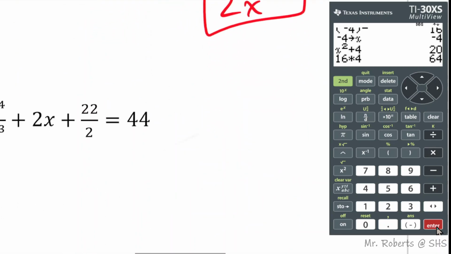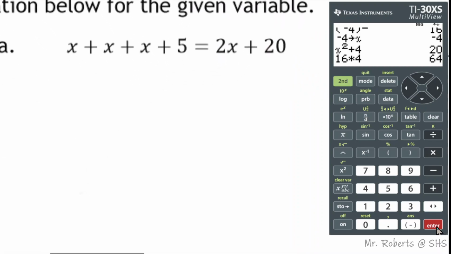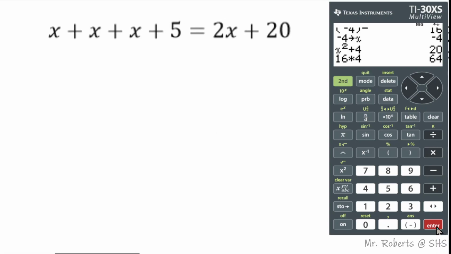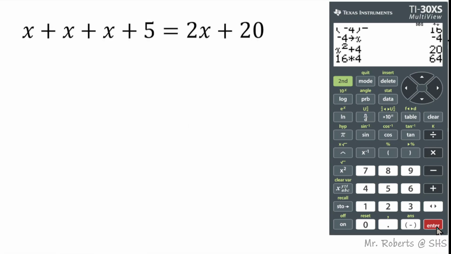And I think we're ready for, oh yeah, last question on this page. It says solve each equation below for the given variables. Just looking at this equation, I think it would be much simpler for me to solve if I was to rewrite the left-hand side. I'm going to rewrite the left-hand side as 3 times x, that's an x plus an x plus an x. Addition is repeated multiplication. So x plus x plus x is 3 times x, plus a 5, equals 2x plus